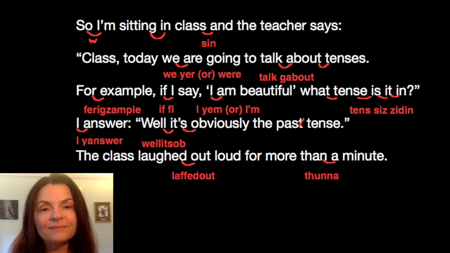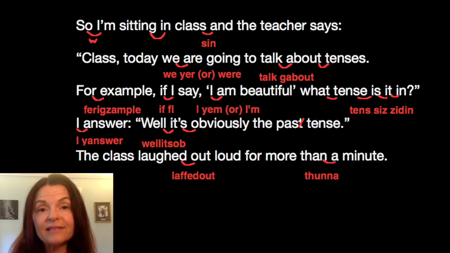So I'm. Use a W to connect so and I. So I'm sitting in class. You have an NG linking to a vowel, so it'll sound like ngin. Sitting in class and the teacher. I still want to link class to and, and it'll sound like classin as I reduce and to in. So I'm sitting in class and